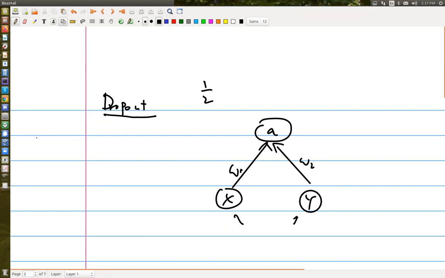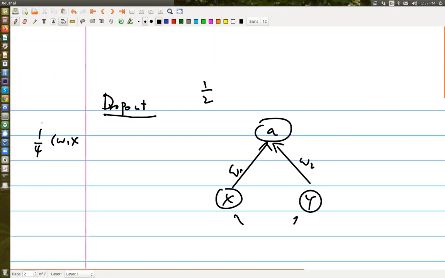I can have X and Y both not dropped, which has a quarter probability. Then my trained parameters are W1 and W2, so I have the input here,